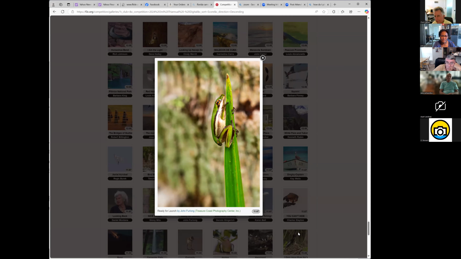And at least in my view, I'm not sure it's 11.67, but on the other hand, I'm not sure why it would be a vertical image, or if it's a vertical image, why it's cropped the way it's cropped. You'd think it would be more focused, with the frog being larger in the frame, in my mind. So those are some of the things we can learn by looking at the background in these different images here.